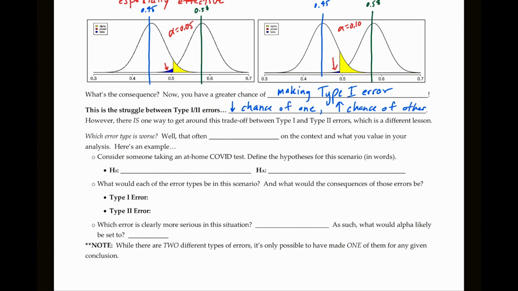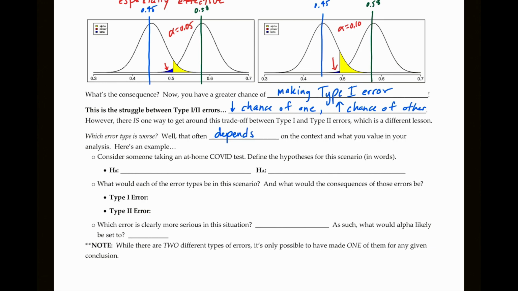Because if you walk into it knowing, ooh, if I made a type 1 error here, that would be awful, type 2, whatever, then you do have some sort of control over this. If you could reduce both, that would be great, but we now know that you can't do that. So which error type is worse? Well, that really often depends